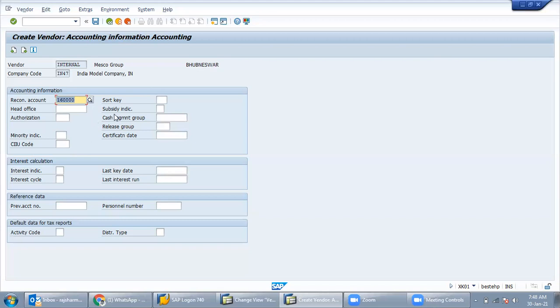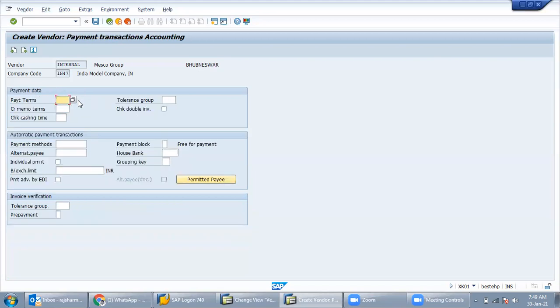Okay, so there is no need to fill in any other things. This is accounting information, Umesh. Don't hesitate about why we are not mentioning all the fields, because it's accounting information. So all these fields are the responsibility of the accounts person only, the FI person. Okay, sir, understood. Yeah.